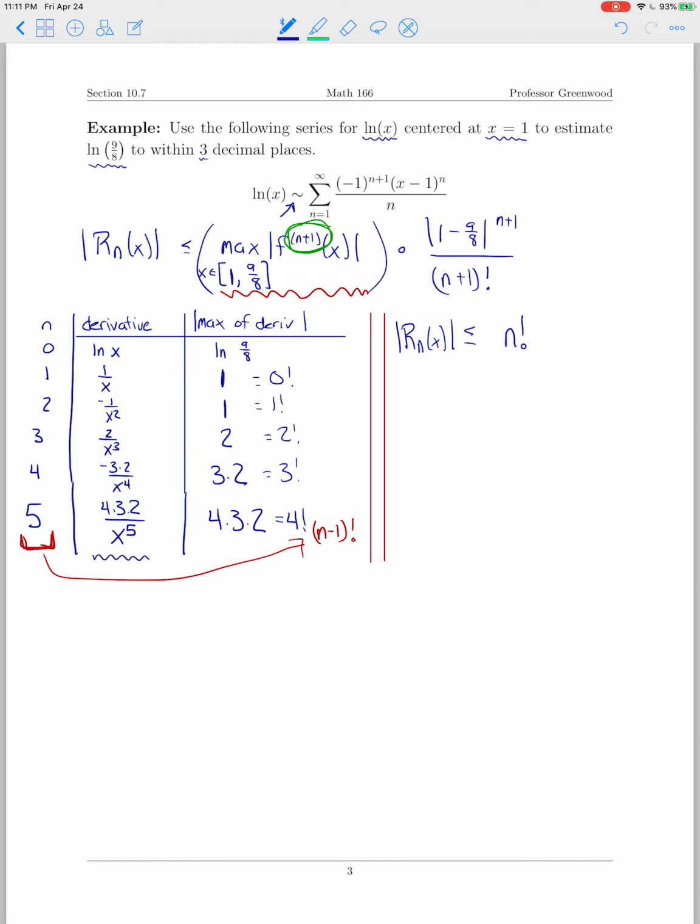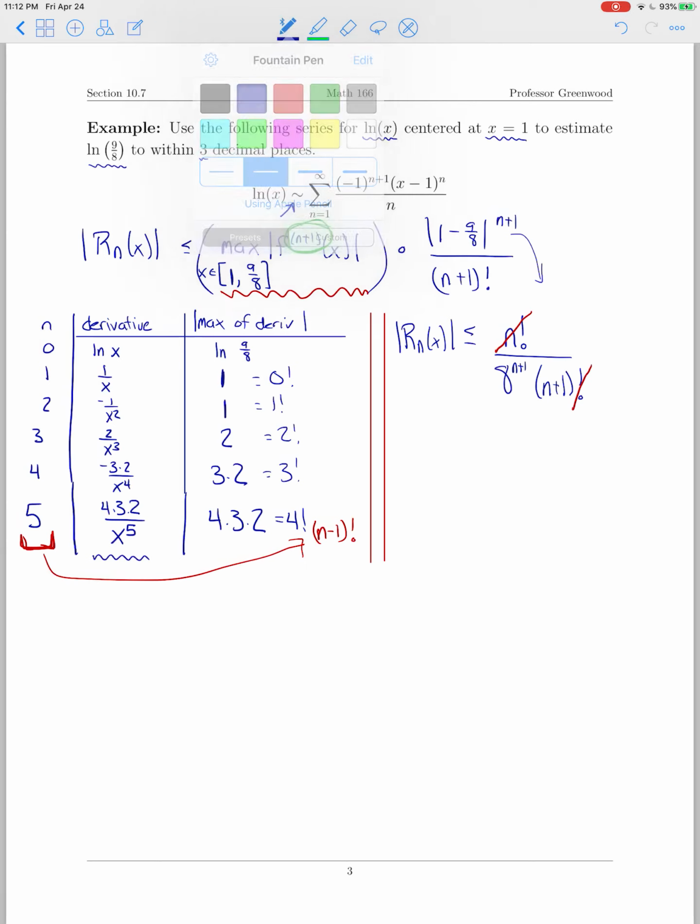And now I can simplify this numerator that I had up here. And so that's really a 1/8 to the n plus 1. And so I'll move that down to the denominator here. That's an 8 to the n plus 1. And then I still have that n plus 1 factorial. And now the n factorial here cancels mostly with the n plus 1 factorial down there, but it just leaves that one factor of n plus 1. And so at the end of the day here, I get 1 over 8 to the n plus 1 times